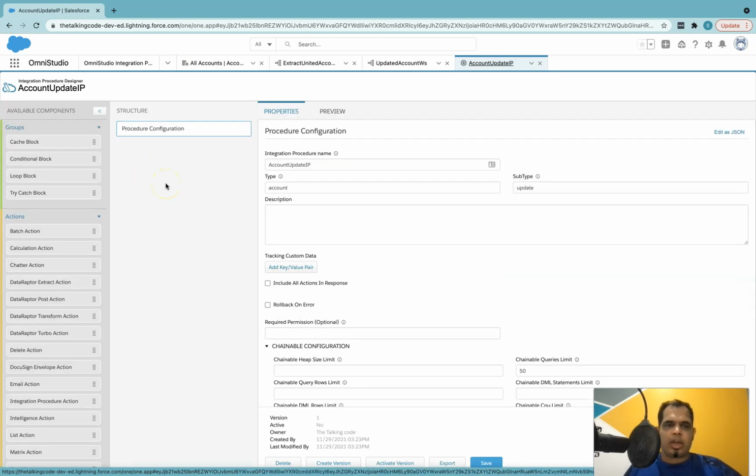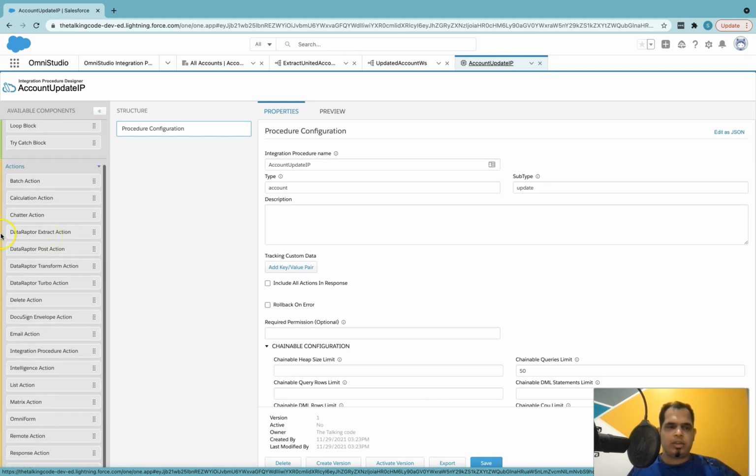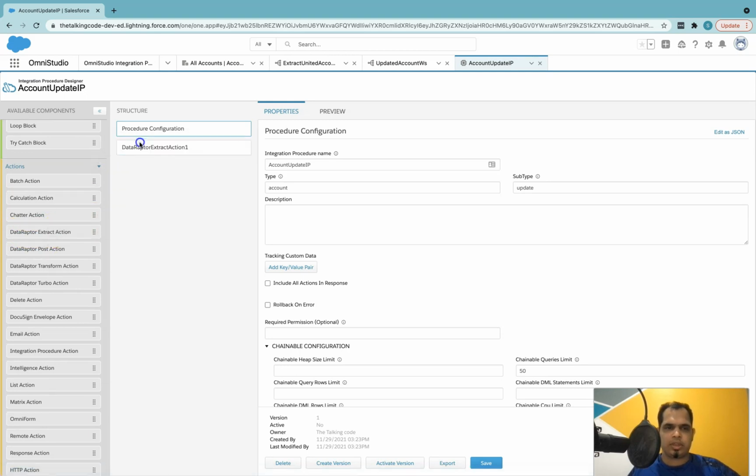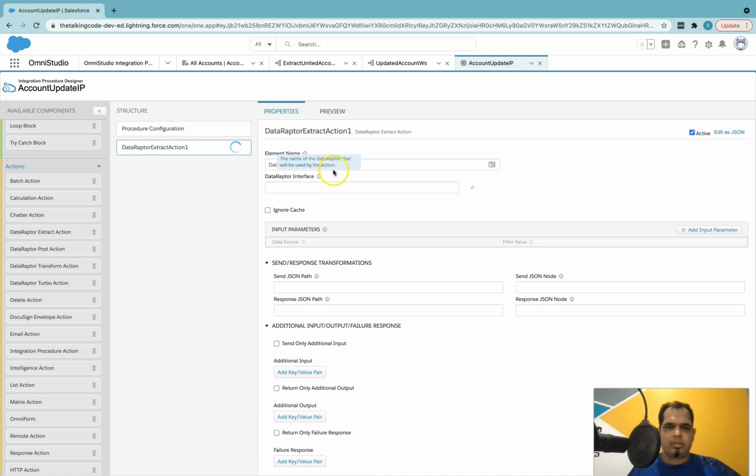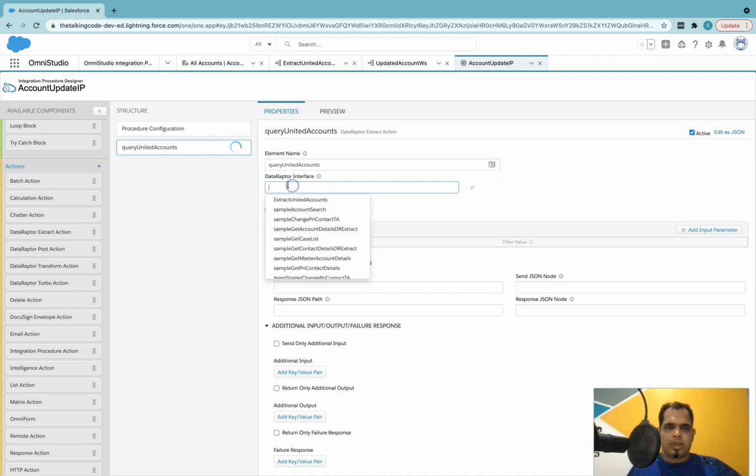Okay, so now the first step is we need to query three accounts, right? So for that, we will be dropping this data raptor extract action here, and let's call it query united accounts. And the data raptor we will be using here is extract united accounts, which we created a few minutes ago, right?